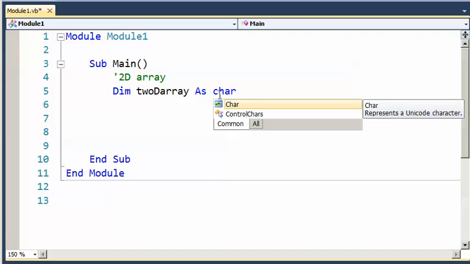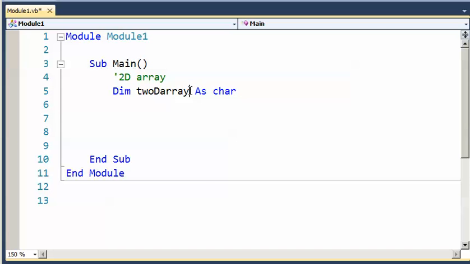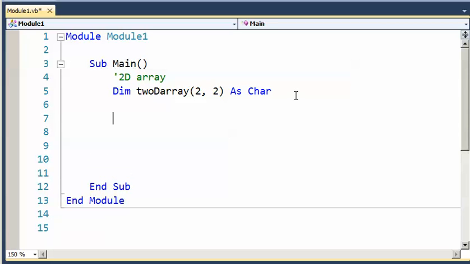So 2D array, but I haven't made a 2D array, have I? Because I need to put a bracket, and let's make it a 2 by 2 array. So it's a table basically. That's char. Now what I'm going to do is use a for loop, for i equals 0